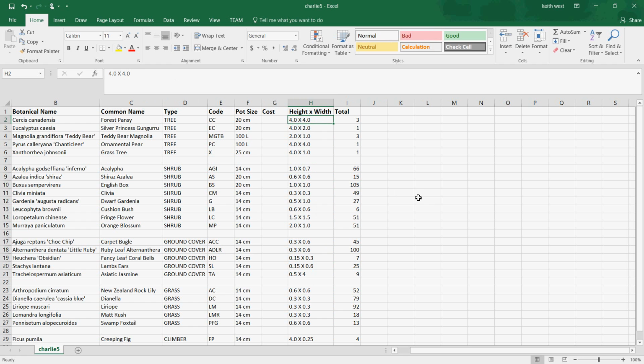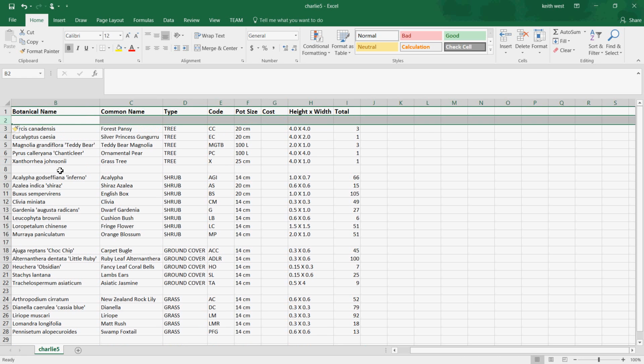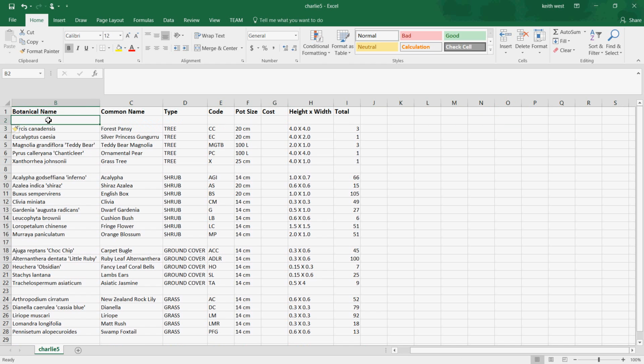So now we have our spreadsheet ready to be further formatted. Now in their case, let me just insert the line here. In their case, they would type tree here, shrub there, ground cover, and so on. Let me just make that bold, and they would then merge and center across here, merge and center, and then merge and center these,